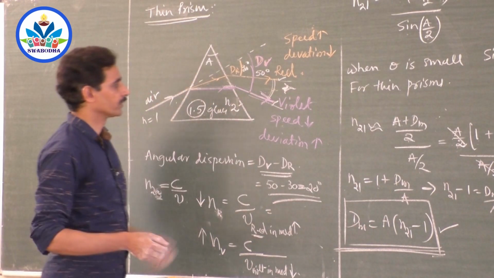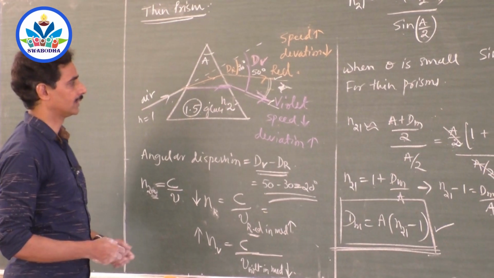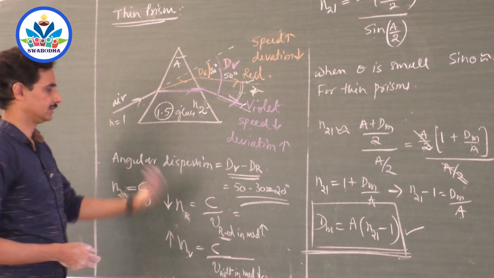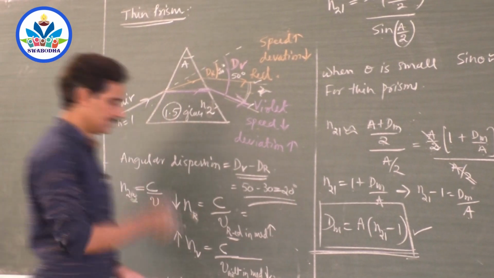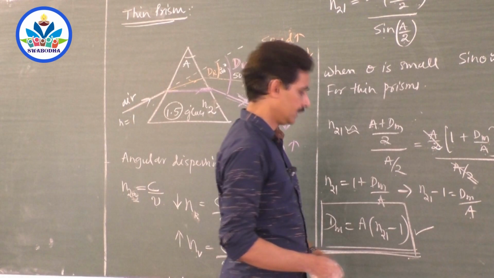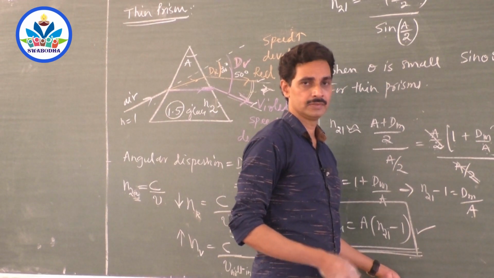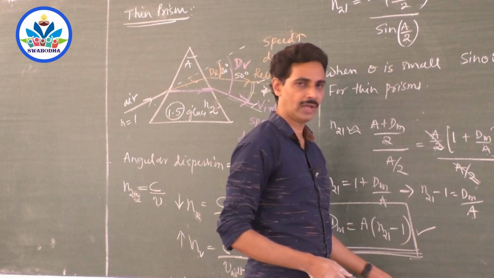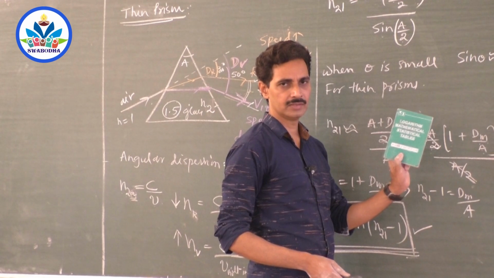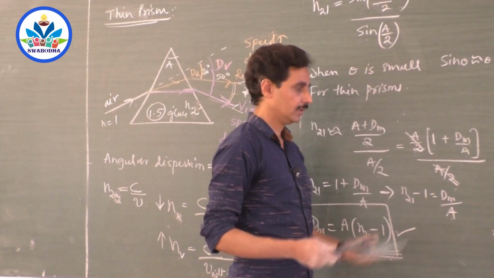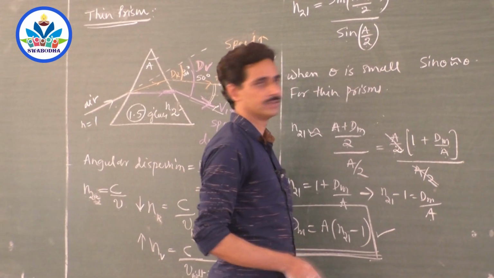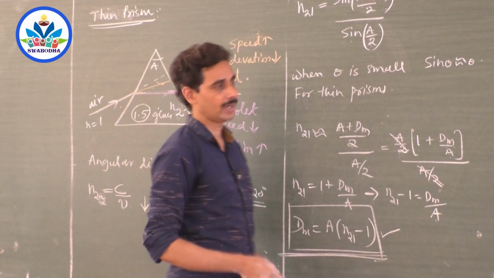Okay, now in this context about prism and thin prism, we will move on to a problem. You just write that problem, a ray of light, and be ready with calculator and log book. You have a book like this, might have seen, forgotten. There's a very small book called Clark's Table. Bring that book and we will solve that problem. So just try to write the problem.